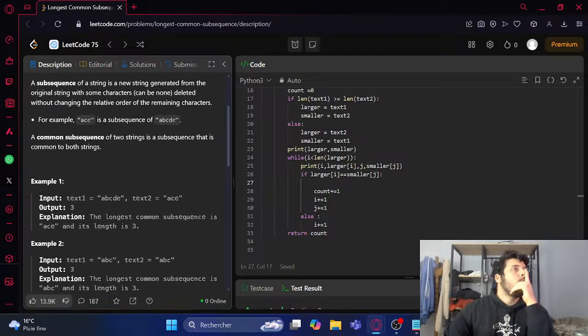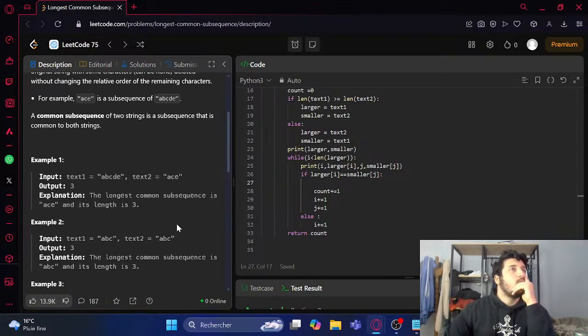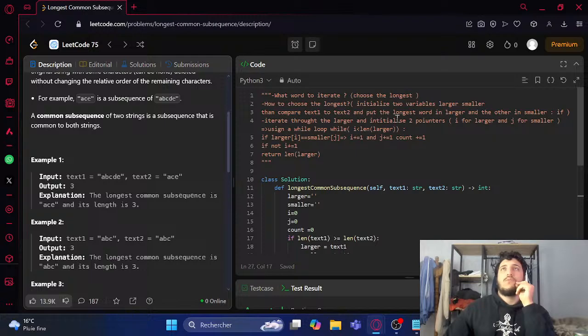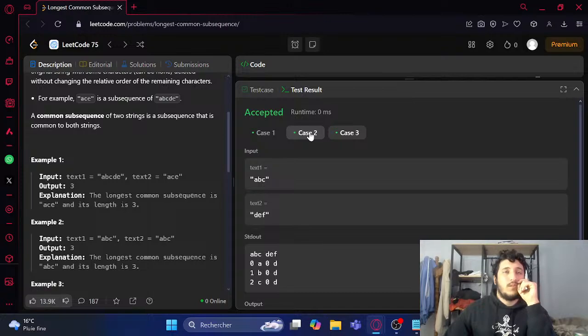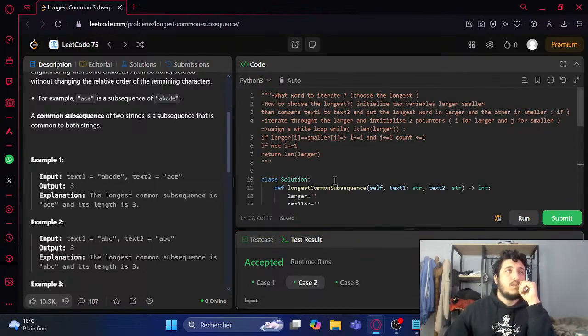Okay, so let's try another thing. A, B, C, D, A, C, E, A. So, iterate through the 2 pointers: I for larger and G for smaller. Larger and smaller. Three test cases are good. So if it's all the same, it's moving. But he said in order, okay, so